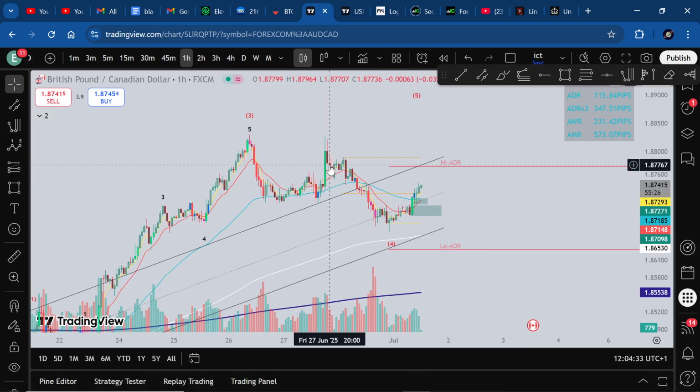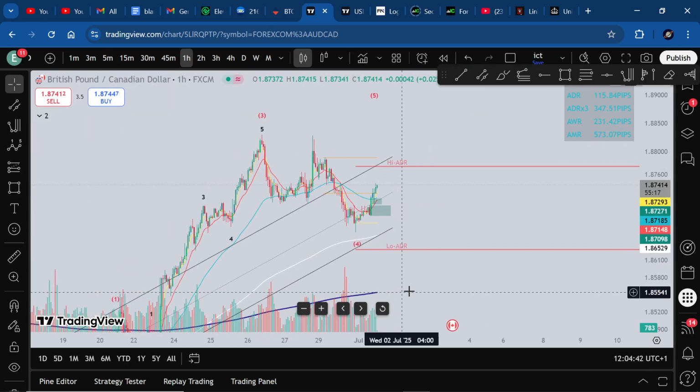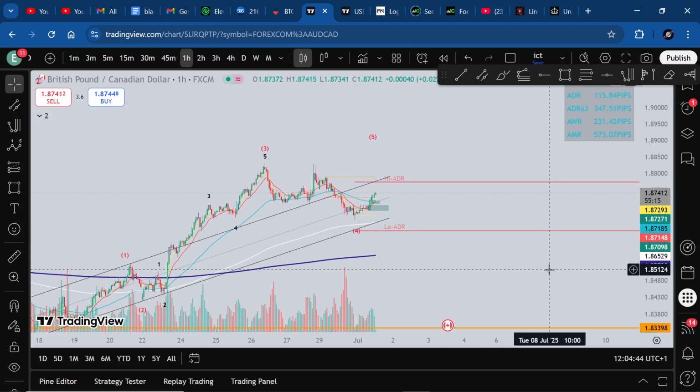I'm in buys on, let me check, GBPUSD, GBPCAD, and USDCAD. They are the positions that I'm in currently. All of them are buys. Now this one is a nice count. You can see